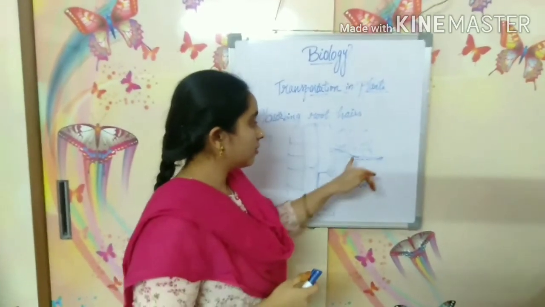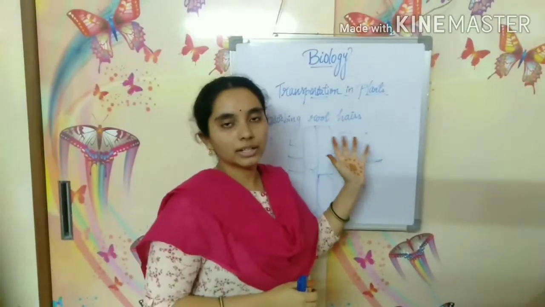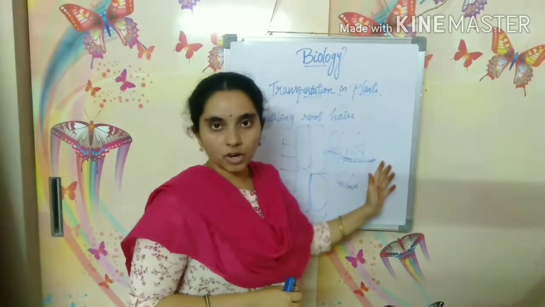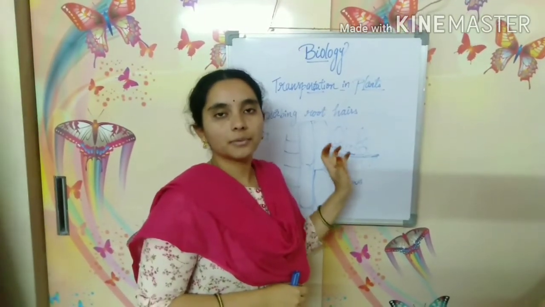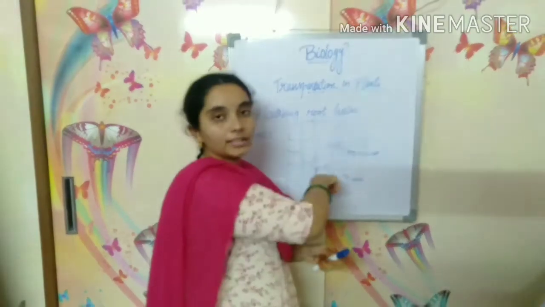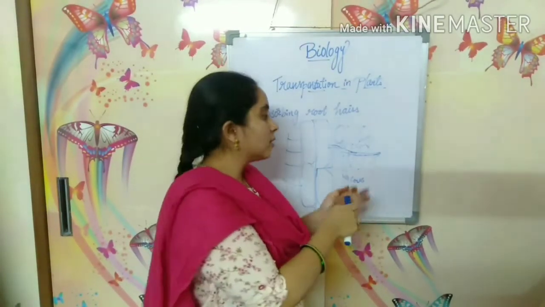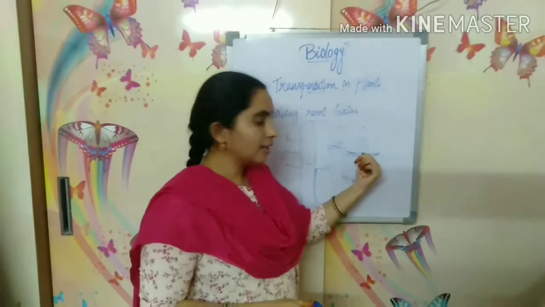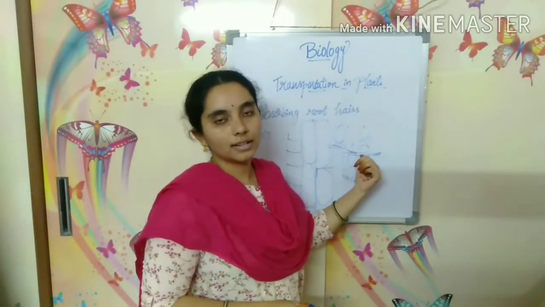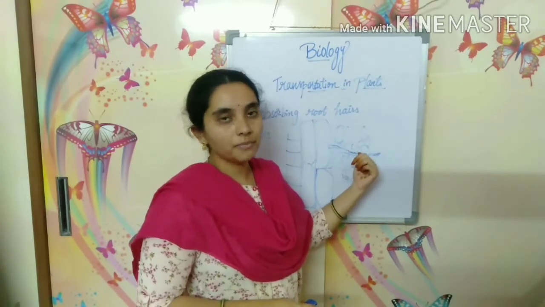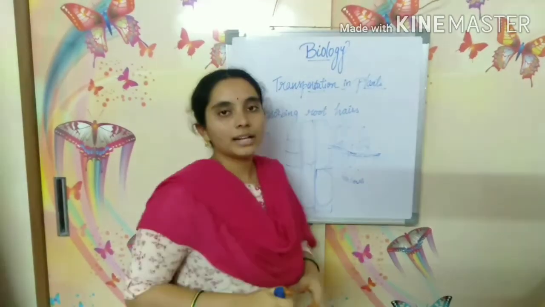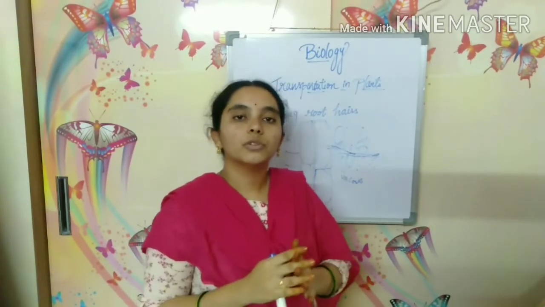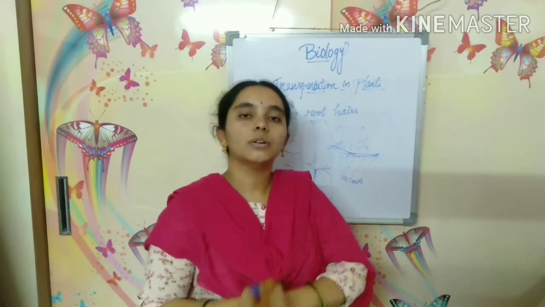So if we give water to the plant, the soil will have more water but fewer salts and minerals when compared to the inner side of the plant. The water present here moves inside the cells of the root hairs. There is a vacuole present in the cells. This water is moving from low concentration to high concentration.